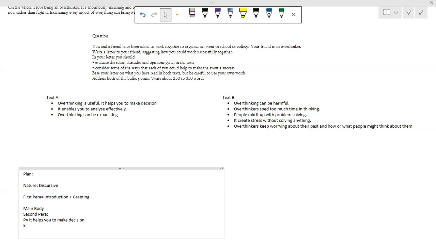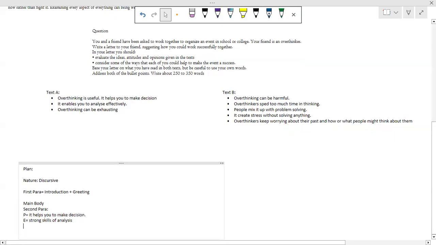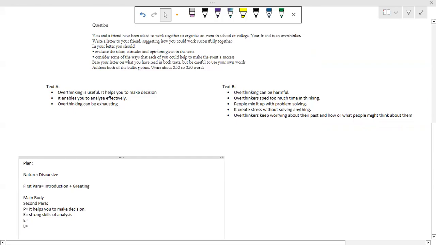The evidence that I'm going to give about it can be that you can talk about any specific trait from your friend's personality. As the point is emphasizing the decision making power, your friend may have strong skills of analysis, right? Then the relevant example or explanation you can give,